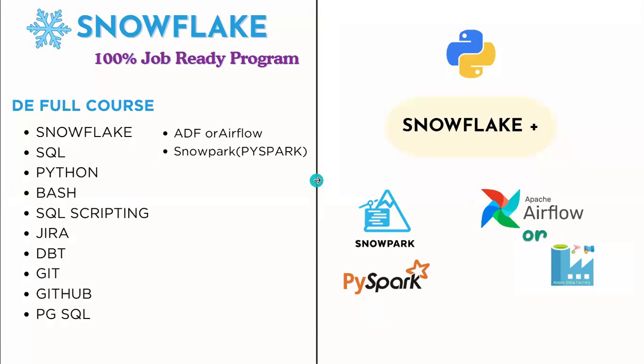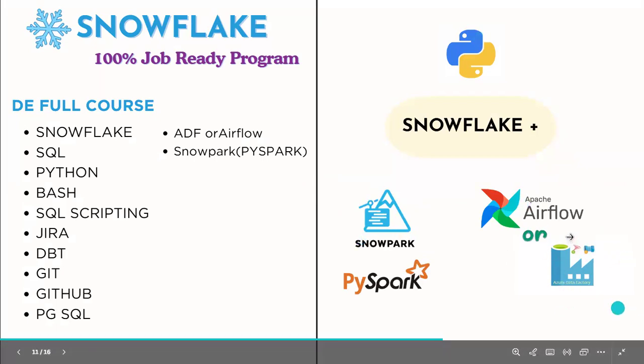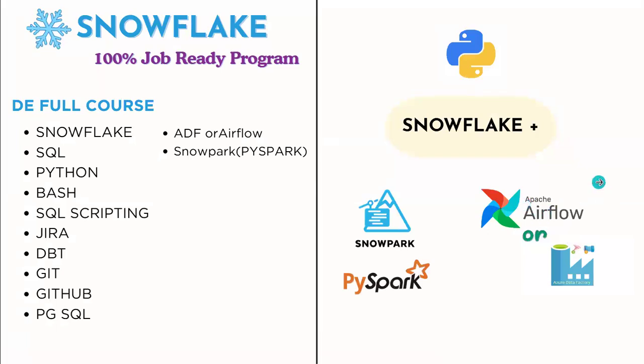After this course, I'm suggesting you complete Python and PySpark, nothing but what we call Snowpark. And if possible, pick one of the orchestration tools, and just go with Airflow. Most AWS or GCP environments go with Airflow. If you have your data in AWS or GCP, Airflow is used. If you have it in Azure, they may use ADF. It depends on the requirement, but these are very good. In the future, to process huge data, the volume will be huge. Definitely, you need Snowpark for processing huge volumes of data.